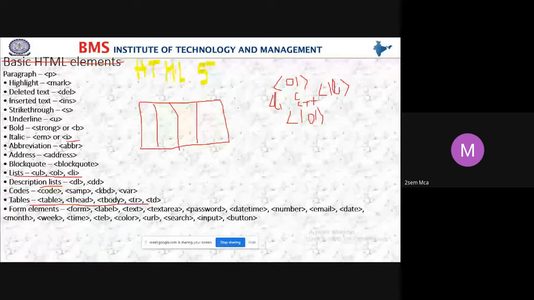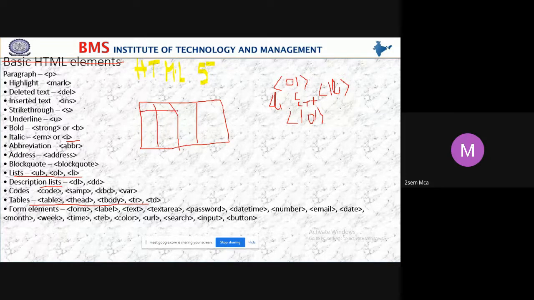So in the table tag, you can also change the border style and border thickness. For each row in the table, we give a table heading, and to insert table data, we use this TD.